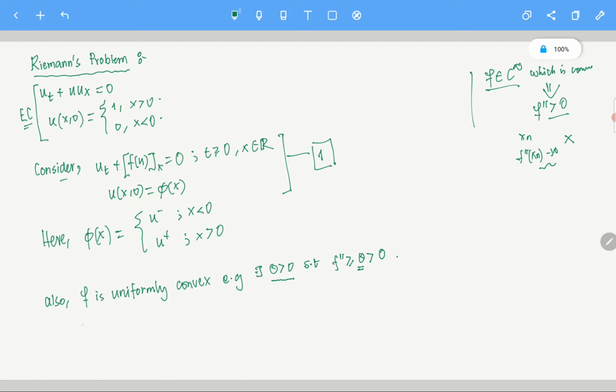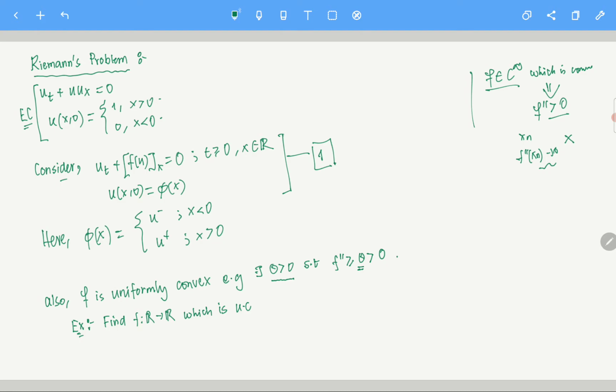Okay, so this is a small exercise for you guys. Exercise: find f from R to R. Of course, it will also be in the assignment, but anyways, let's just put it as an exercise here. f from R to R, which is uniformly convex. Of course you do realize that whenever we say uniformly convex, we are assuming that f